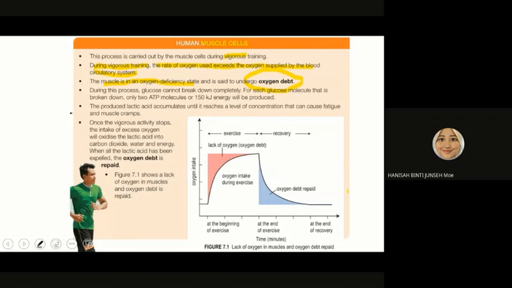let's make it a value. Contohnya lah, oksigen dia perlu 10. Tapi yang kena supply hanya 5. So, dia ada hutang lagi 5. Okay. So, di mana dia mau cover up lagi 5 ni? That is when the muscle cell, or our human muscle cell, does the lactic acid fermentation. Sebab lactic acid fermentation tidak perlukan oksigen. So, during this process,